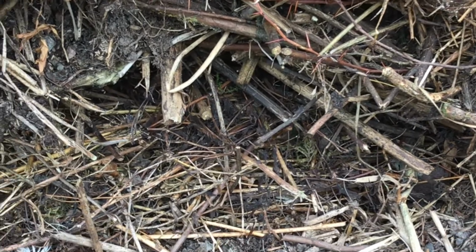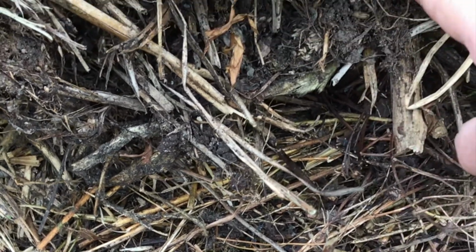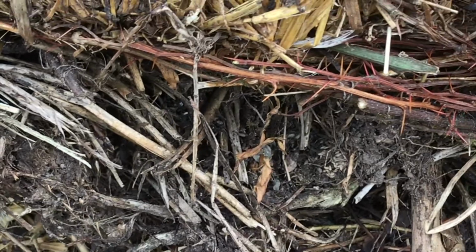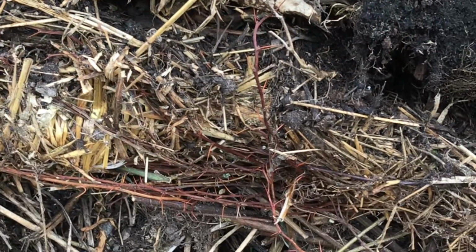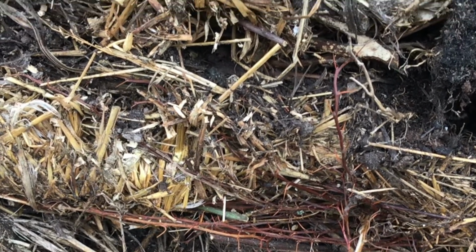Okay, that's got all the little microorganisms in it. Then, layer of brown, we've got a layer of green in between, got my straw, we've got chicken manure, all sorts in here. So this is still breaking down. Then we've got another layer, then we've got another layer, and so it goes on. This heap was started about 3 months ago, so it's got a long way to go. Okay, but once it's complete,